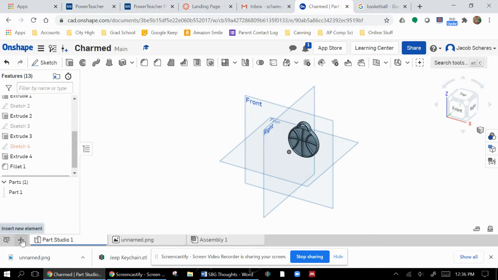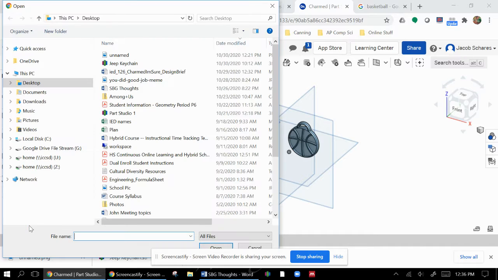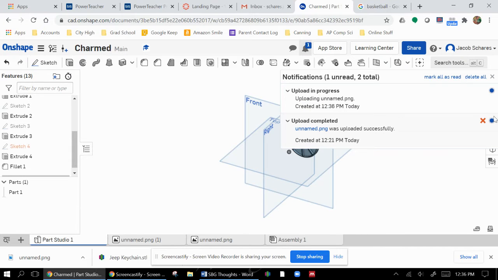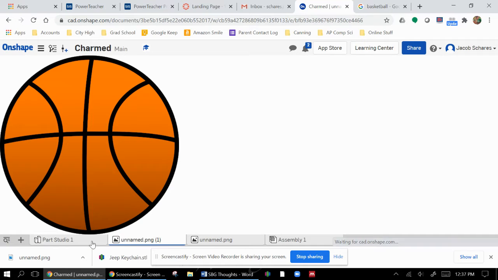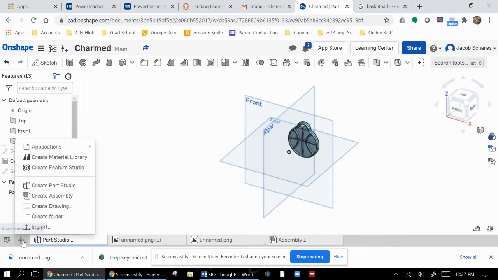So you download that. You're going to go to import, and then you're going to find the picture that you downloaded. When you do that, it's going to upload it, and then you'll see it pop up down here. So I've actually already done it. I've got them both down there. Now, when you go to make your part,